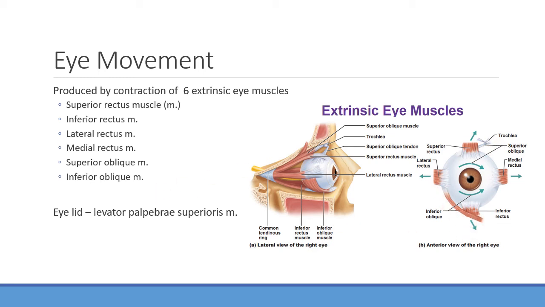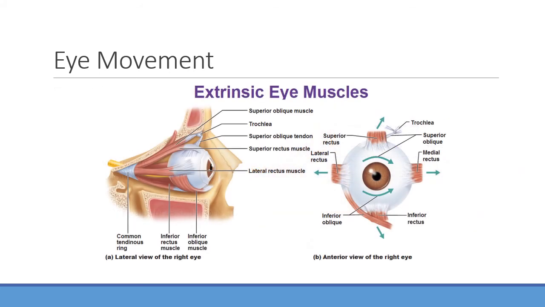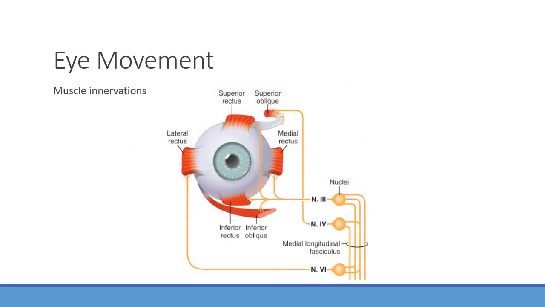Okay, so how do we control that? This is where we look at how we can move our eye around, whether we're trying to fixate on something, voluntarily or involuntarily. All of that is going to become important with these muscles. So, just another picture showing the same thing. The main thing to note is that cranial nerve number 3 is really important for moving the majority of these muscles. About 4 out of 6 are involved with this. In the next slide, I'll show this as well.